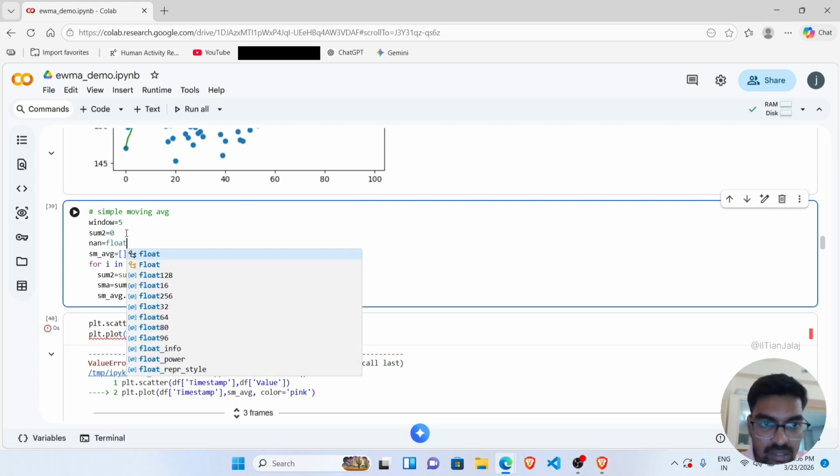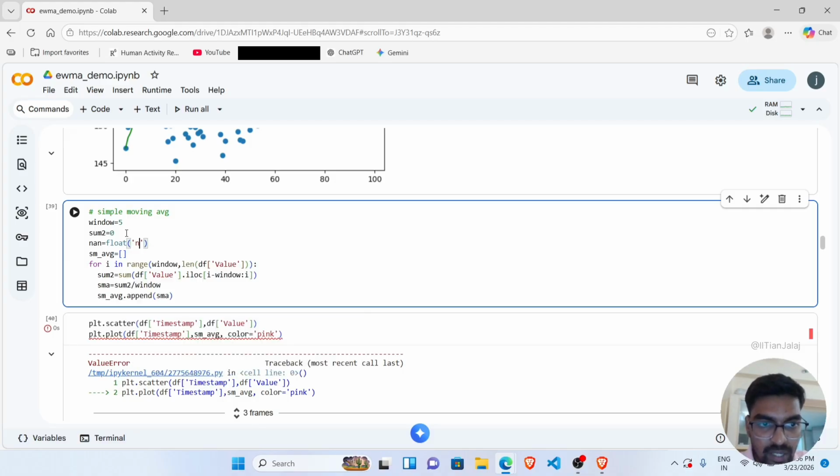So I will decide NaN, which will take the float of NaN. And I will say that NaN will be multiplied with window minus 1. Okay,